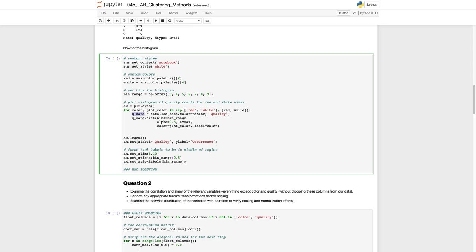So we say data.loc, and we want to locate where the color is equal to the color that we have specified, either red or white. And then we only want the column of quality. We're just taking a histogram of the quality. We then call QData, that's our subset,